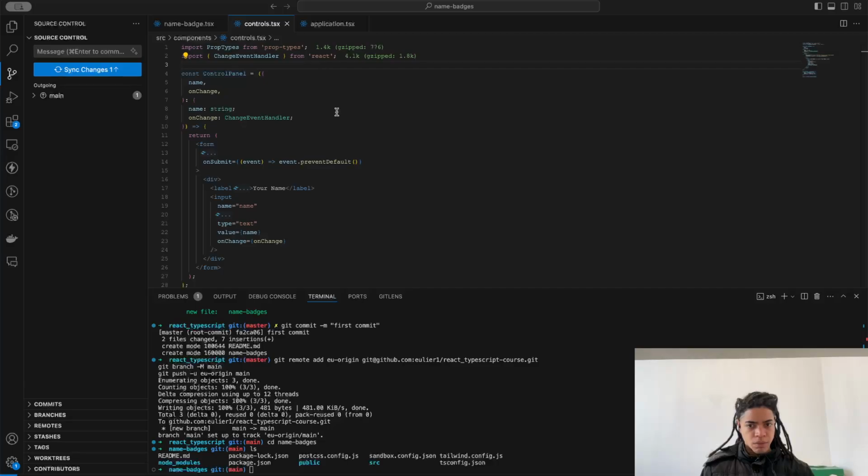So an interface: if I wanted to change this type from a type to an interface, I would change this word to interface and get rid of that equal sign. No red squigglies, right? The difference is, I could say interface, extends Admin only, and I can do this with extends. It's got all the other properties, but I could also say, so now this has name, which is a string, onChange with an event handler, and isAdmin has to be